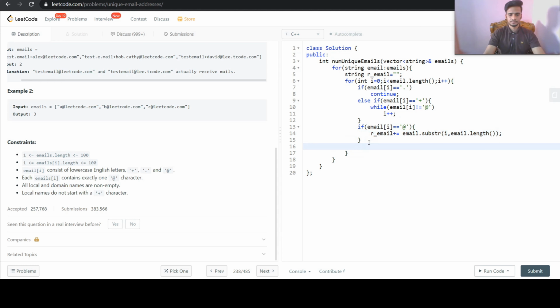And if there are no such cases, then we need to just do resultant email plus equals email of i.